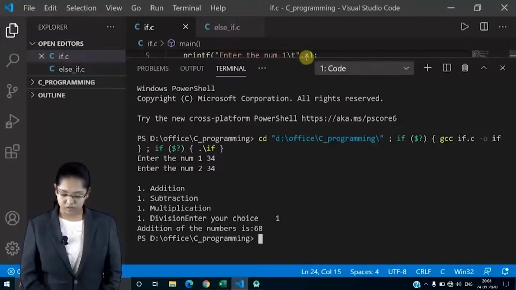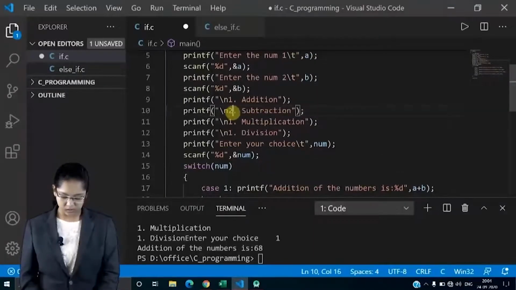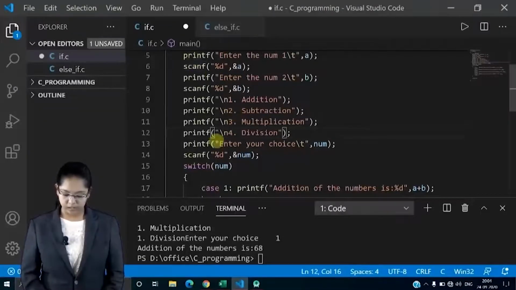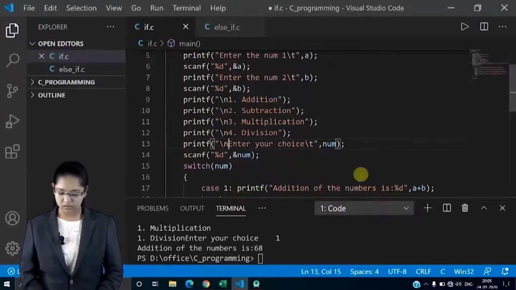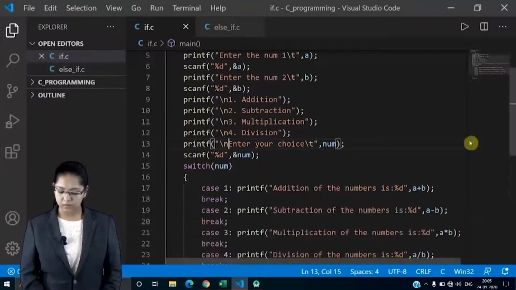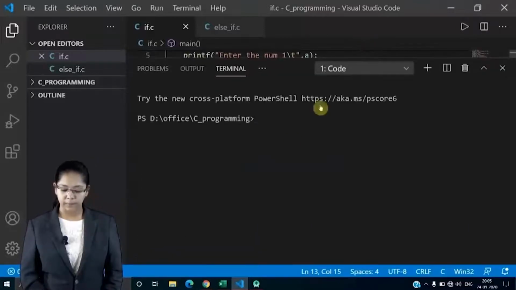So let's first change the numbers so there won't be any confusion over here. 3 and then 4. Here let's write new line. Save this code, clear the output screen, then run this freshly.